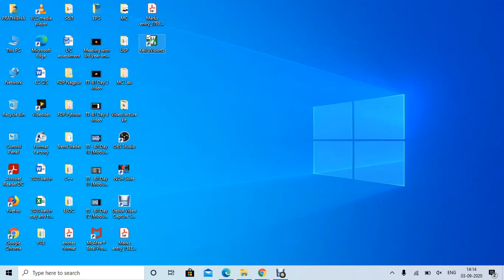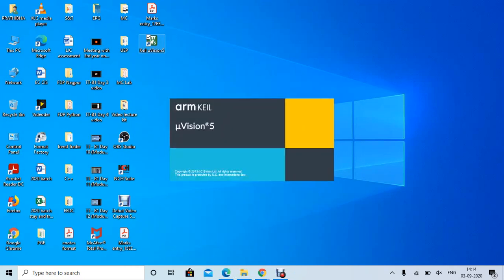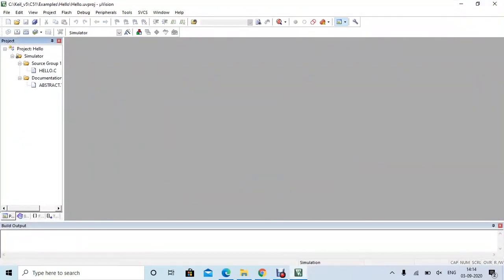So I can double click on that shortcut. Clicking on it, I will get this window. Now first and foremost, I have to create a project file. So a new project file has to be created.